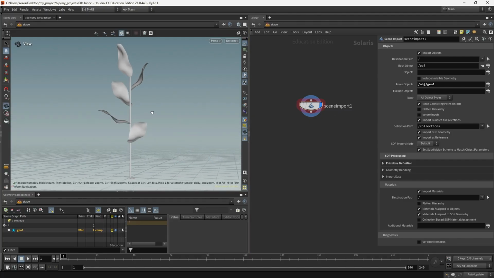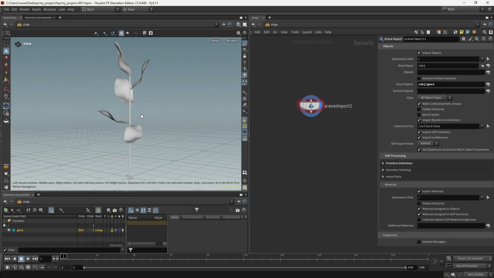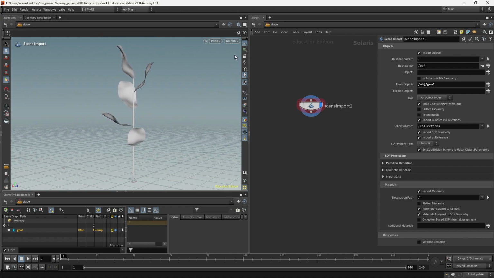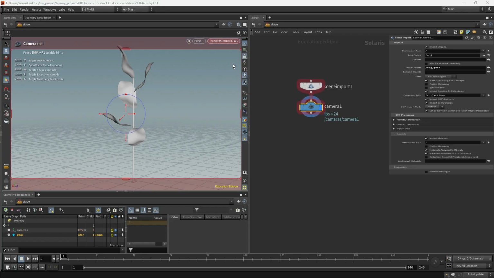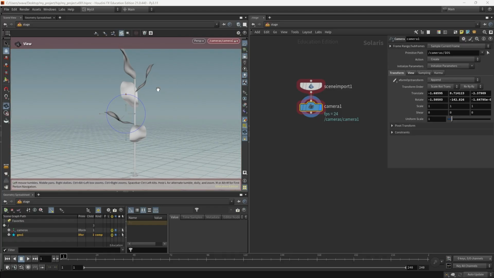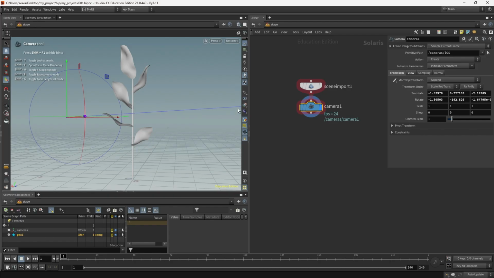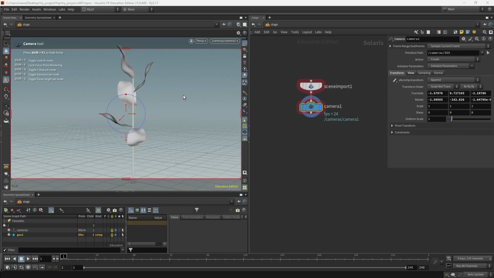I'll need the camera as well. So in the scene view, I'm going to find a good angle. Then I'm going to go up into no cam and choose new camera. And this has created a camera. Right now, the scene view is locked to the camera, so if I move in the scene view, that will also move the camera. To unlock it, press the lock icon, and now if you move, you actually exit the camera. So I'm going to go back into no cam and choose my new camera here.